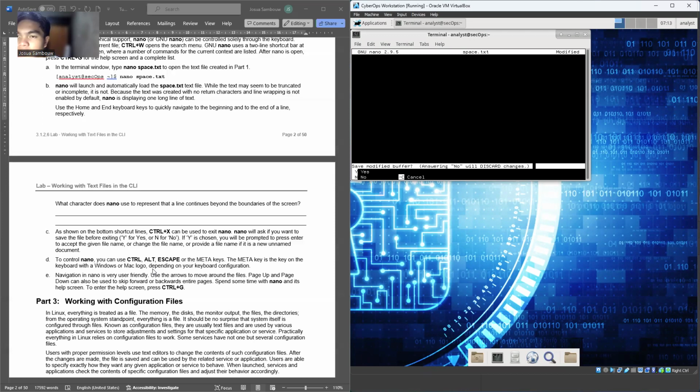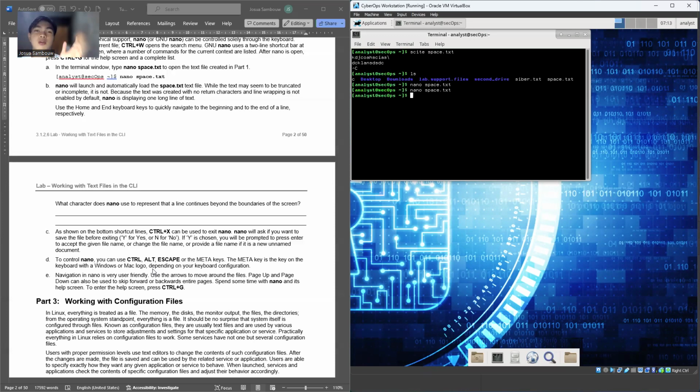Save modified buffer. No, and no. Oh, I don't know. Too close, but it seems like nano space.txt again.